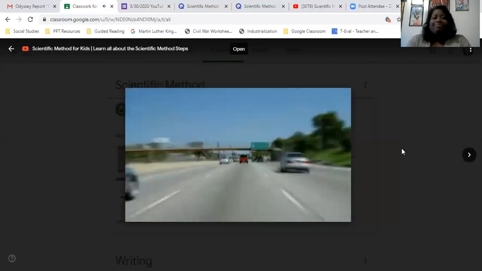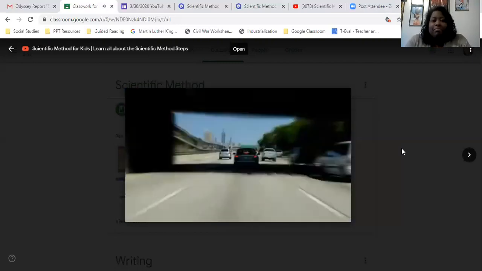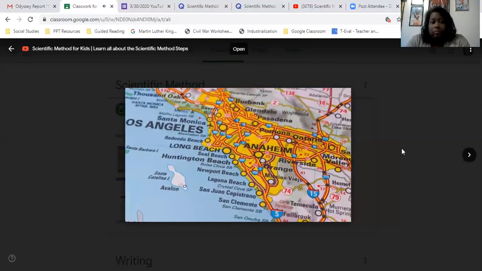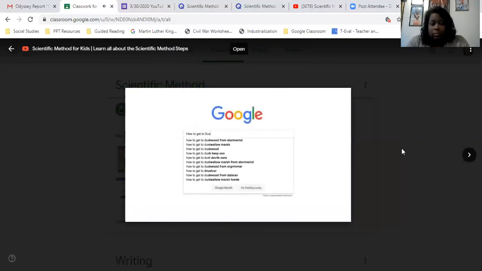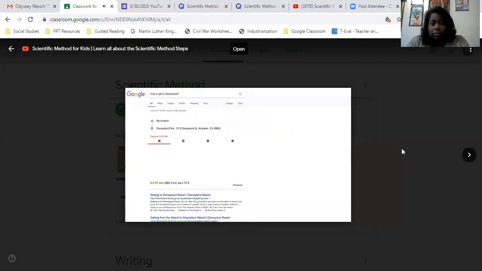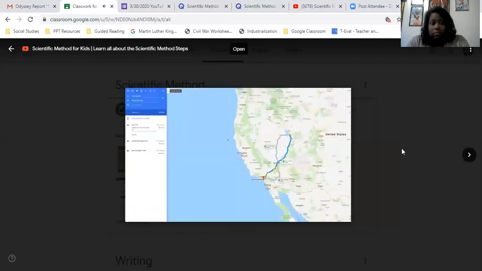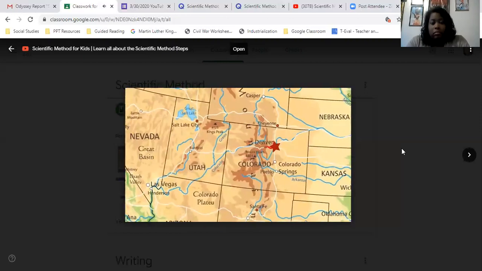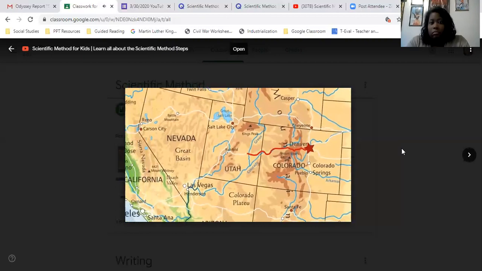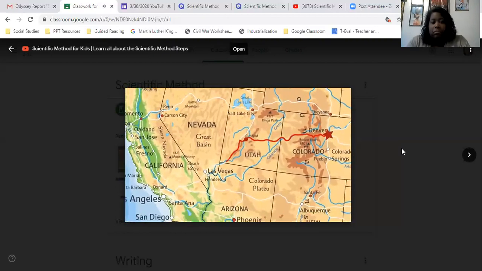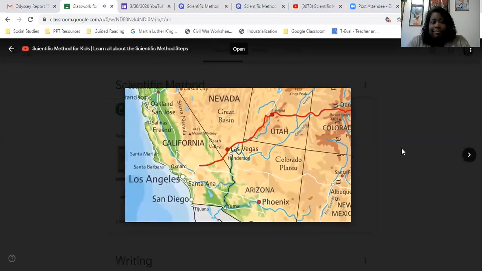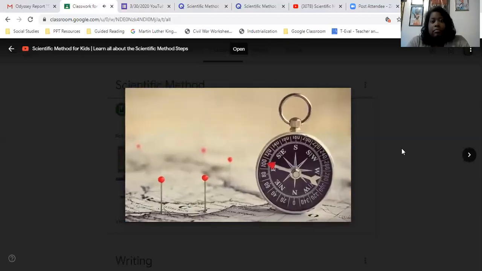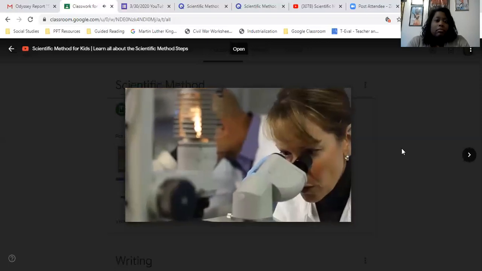Okay, probably by car. But what direction would you go? Which road would you travel? Okay, some of you may have said, I Google it. Sure, that's one way. But say you don't have Google and you don't have a smartphone, what do you do? Maybe you said a map. Well, that's what I would do. I'd use a road map and follow it, and with a little luck, arrive at Disneyland. There you go. I also might need a compass. Now, scientists are always curious about the